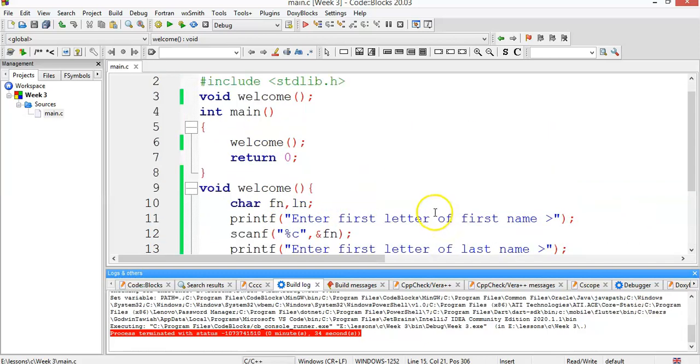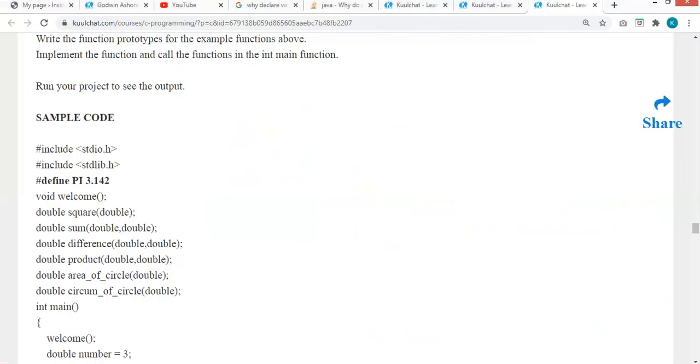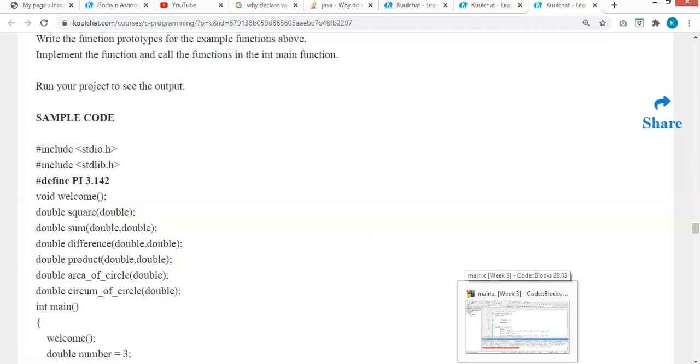So that is it for the welcome. So I'm going to do what next? The square one. Then the code is already there, so you can try them. But before you watch the code, please do it before you make reference to the code. Okay, so